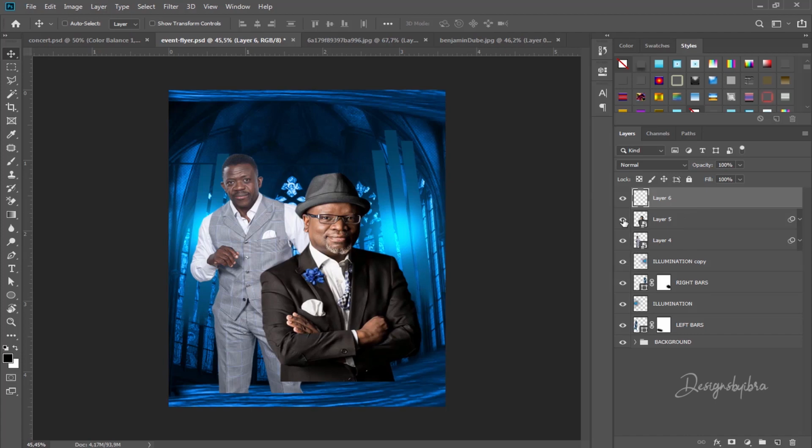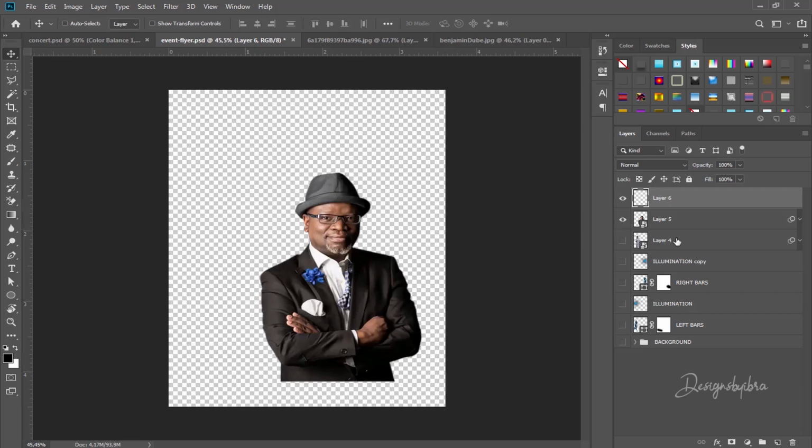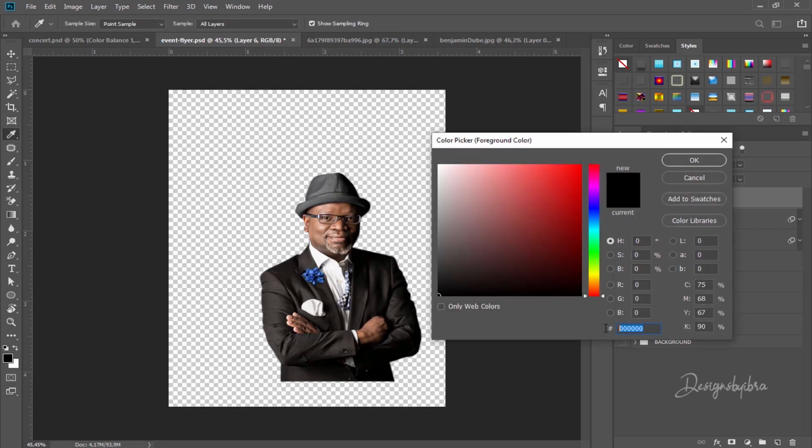Now let's hide everything here, leaving layer 6 alone, and layer 5. I just want us to get something here. So now with layer 6 selected, let's activate our brush tool. First of all, let's change our foreground color to this color